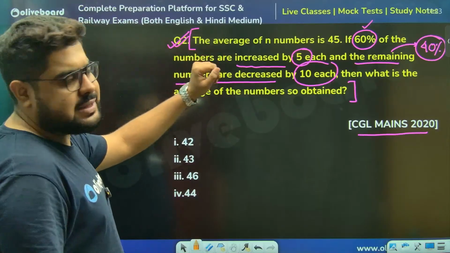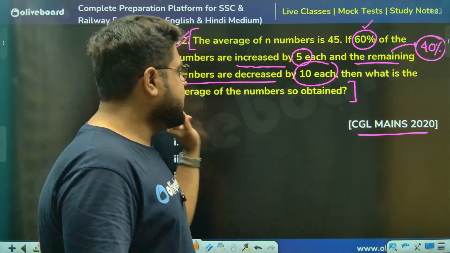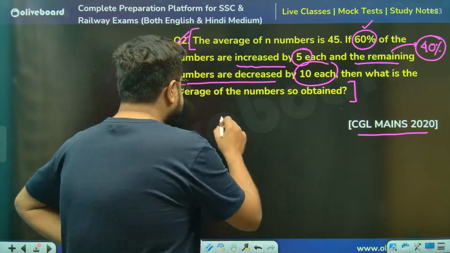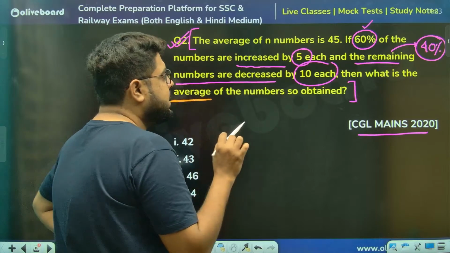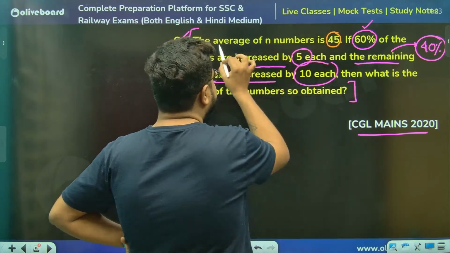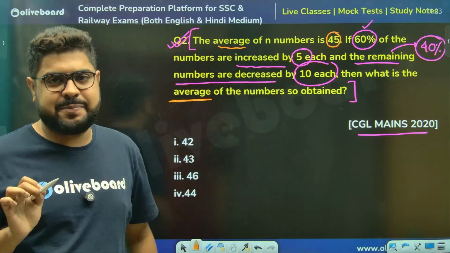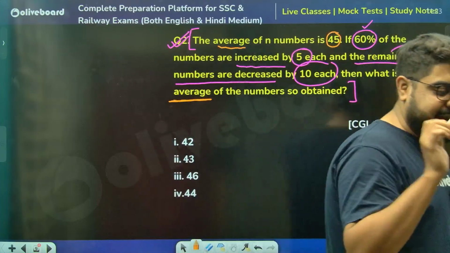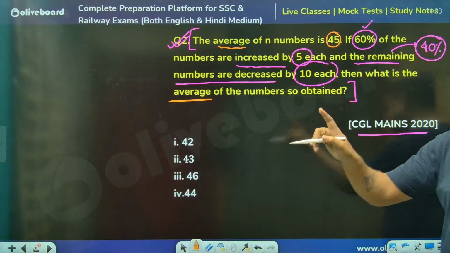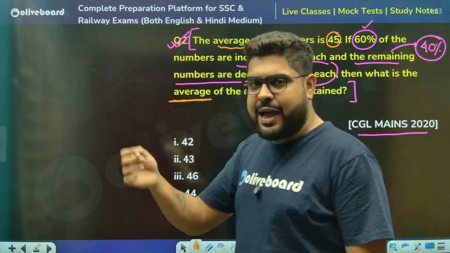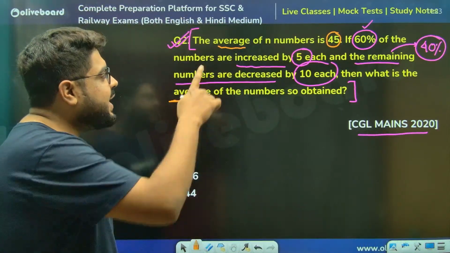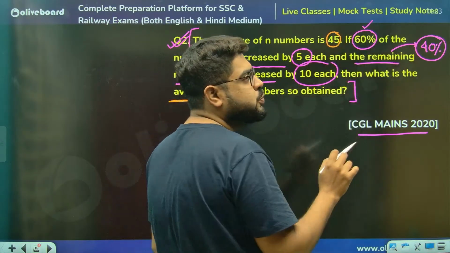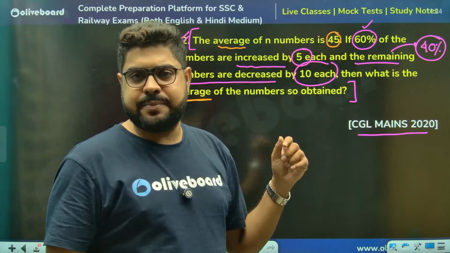Sir, please understand, 60%, 40% hai na? At the end of the day, in these questions, understand what they're asking. Sir, what is the average? Average is given, and they're also asking the average, meaning a relative term. We have understood these things by now. Relative term is given, relative term they are asking, right? So we have a lot of headroom here. 60 and 40 means this is 3:2. 3 parts are 60, 2 parts are 40, right?